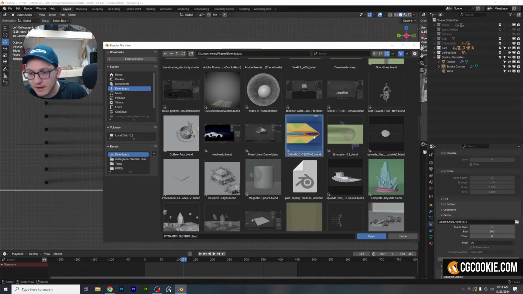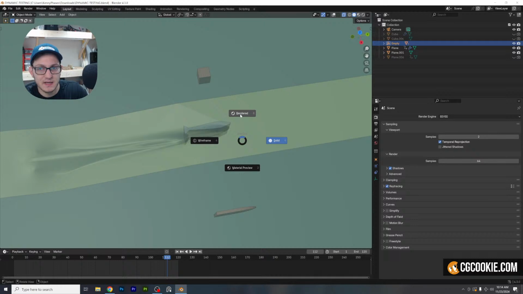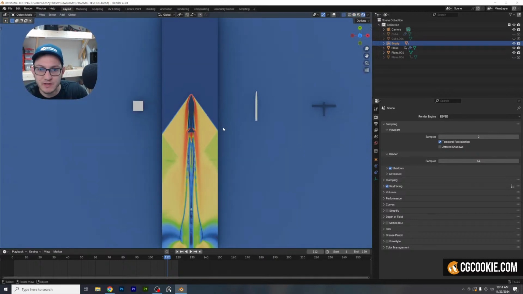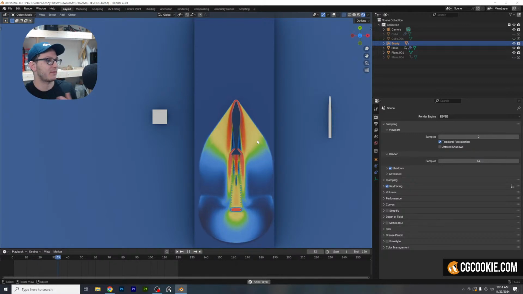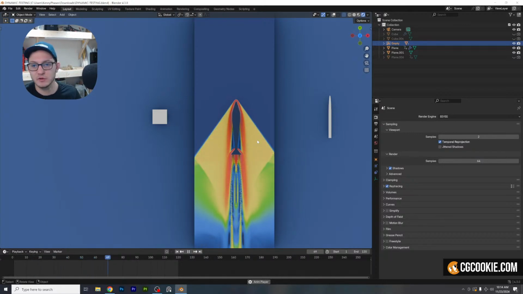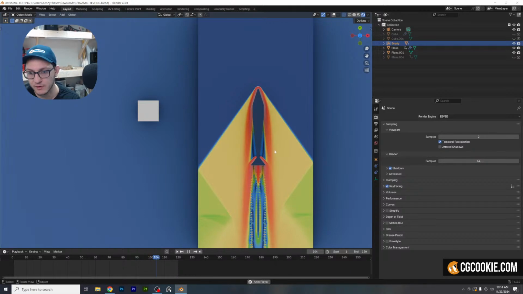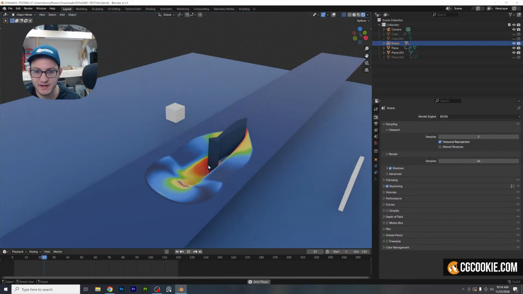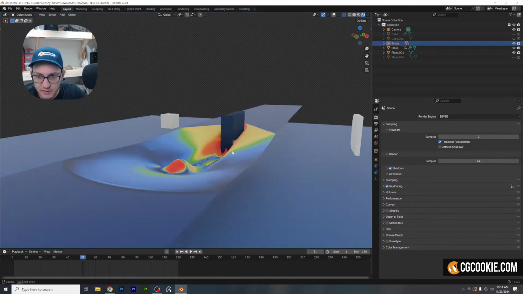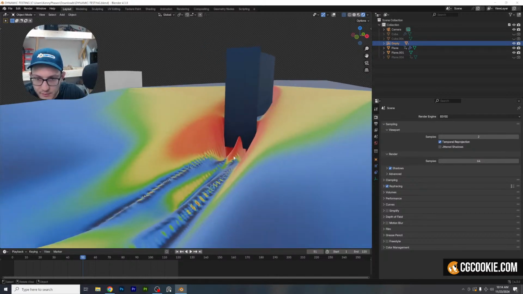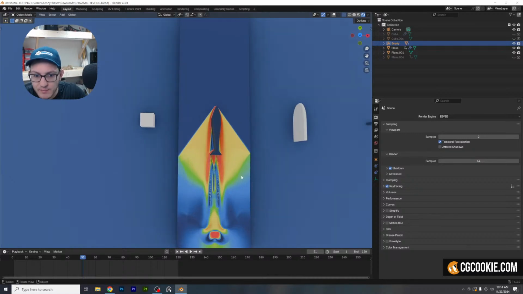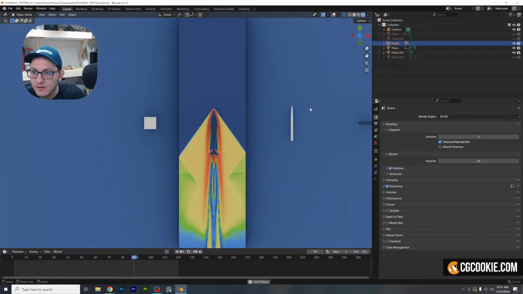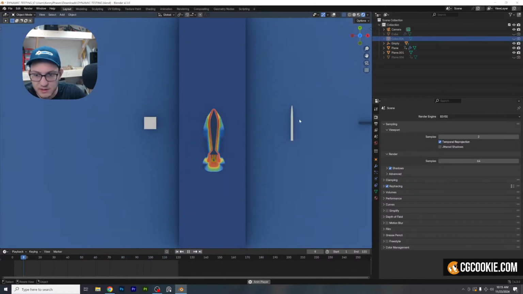What else do we have? This is our dynamic paint. So this is, again, another version of something I'm trying to accomplish here. This is dynamic paint with a color ramp, just kind of like your standard shader, right? And then what I did was I just tied that to the height. So you can see right here we have the red, which is kind of like our high turbulence areas. And what's fun about this is if I take my empty and I go ahead and